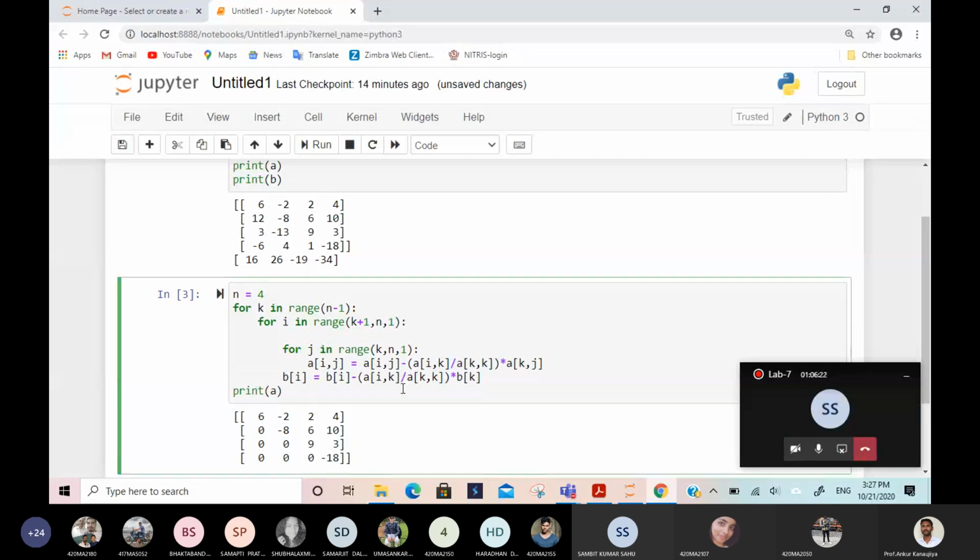So the change is this one, because this factor which we are taking should be constant throughout the process. That means here also 2, that means 12 divided by 6, it is 2 here also. If you apply here, it will remain 2 times r1, here also 2 times r1, here also 2 times r1. So this should not be changed. If you are moving along j, the column, it will change the same.